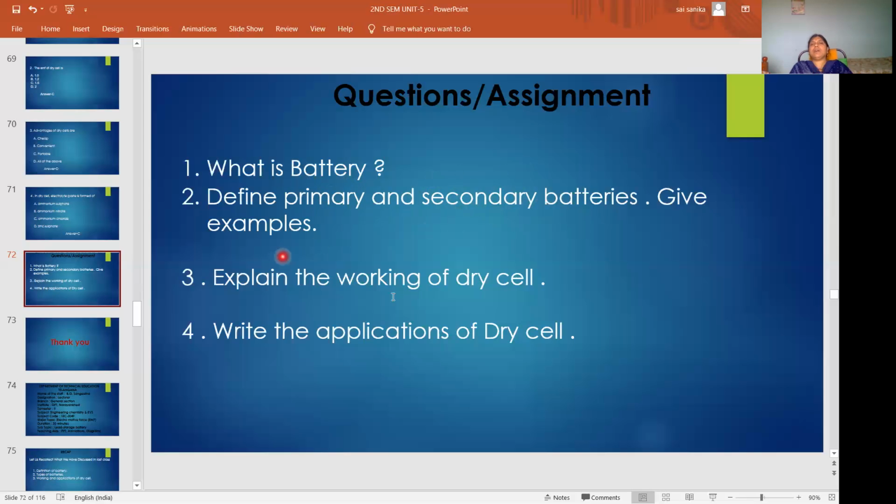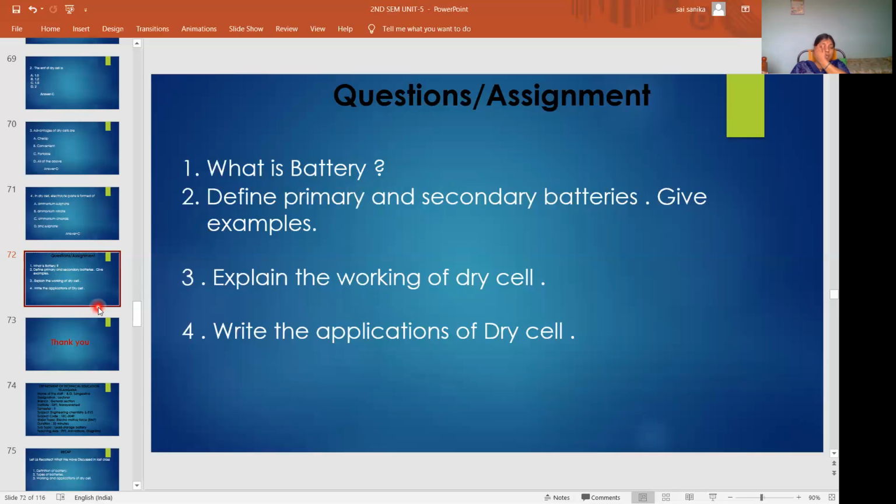Okay. So explain the working of dry cell means you have to draw the diagram, you have to write the equations, and you have to give the explanation. Very simple. What is anode? What is cathode? What is the electrolyte? What is the EMF? Okay. Then what are the reactions taking place at anode and cathode? Then come to applications, they are used in transistors, clocks, camera, hearing aids, and radios. Okay. So these are the applications of dry cell. So with this we finish dry cell. Okay. So in next class we will study the secondary battery, that is lead storage battery.